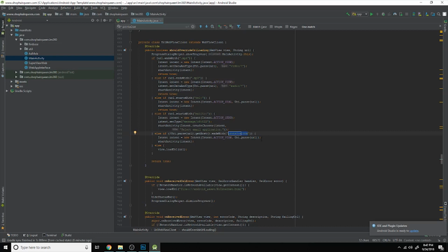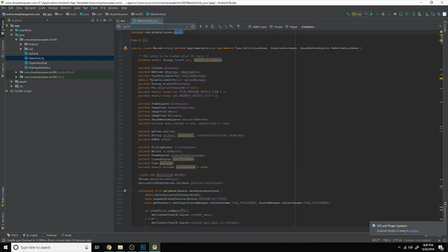It actually gives a very clean app feel to where if somebody wants to go on a different site or a different page, or if, for example, they want to check out their Instagram or their Facebook, it'll actually open up the default apps required for viewing those sites or applications, and it just makes it feel more natural. So for this one, we're going to be putting in shophairqueen.com, and next we're going to find, let's see,